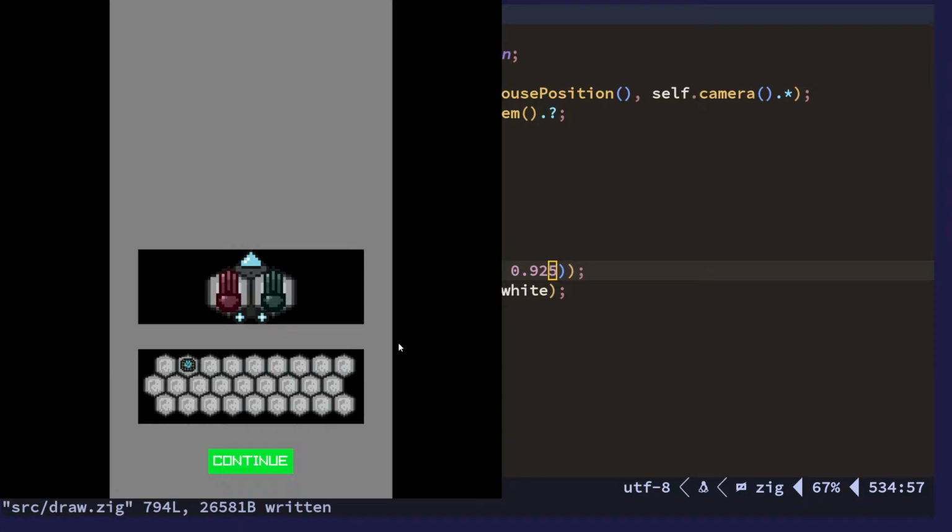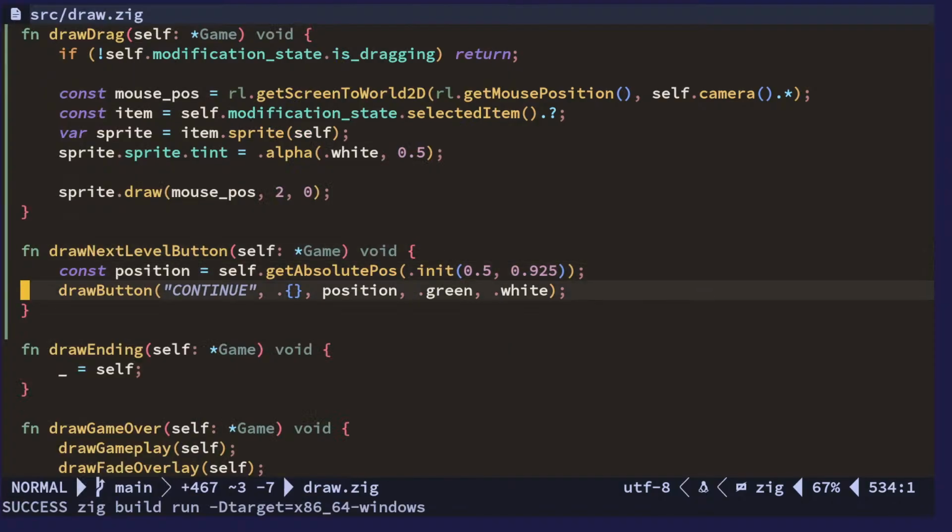Awesome. All right. So now we press continue, then the continue button will make us go